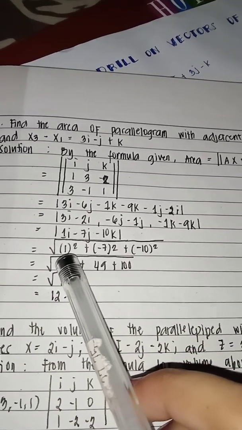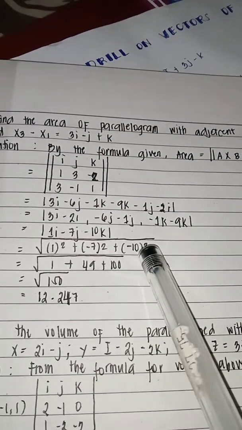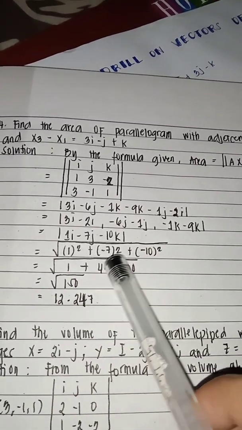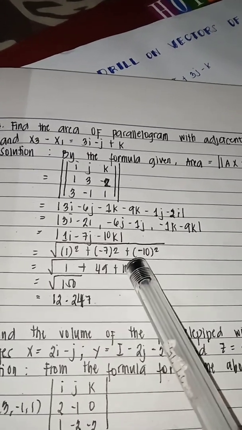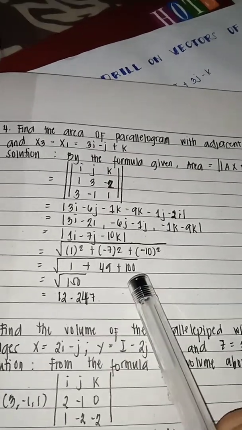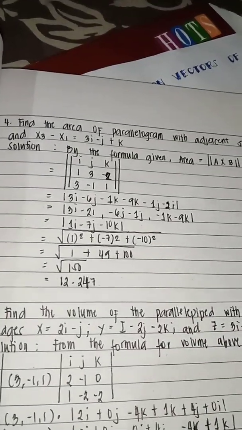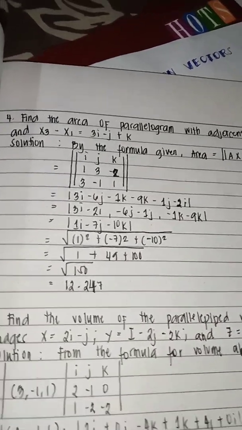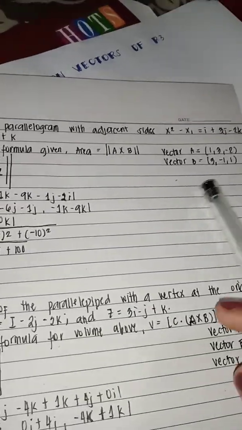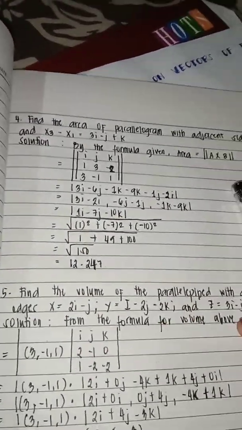So 1 to the power of 2 plus negative 7 to the power of 2 plus negative 10 to the power of 2. The answer of 1 to the power of 2 is 1, negative 7 to the power of 2 is 49, and negative 10 to the power of 2 is 100. So 1 plus 49 plus 100 is equal to the square root of 150. The square root of 150 is 12.247. So the area of the parallelogram with the adjacent sides x sub 2 minus x sub 1 and x sub 3 minus x sub 1 is